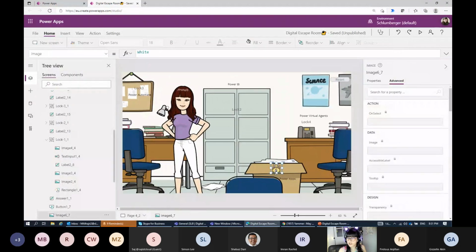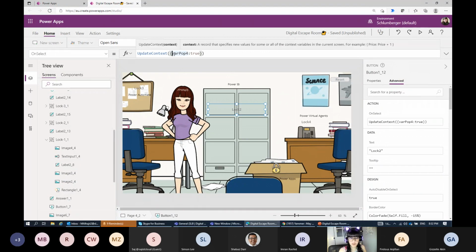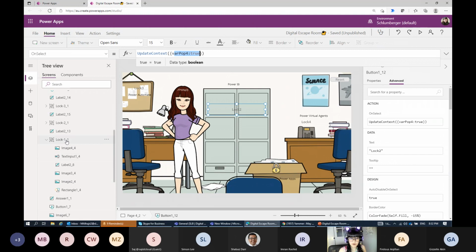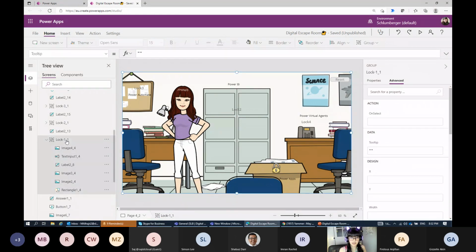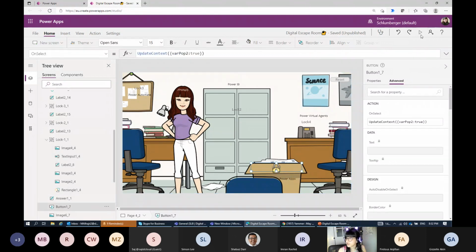When I click on the lock here, I'm creating a context variable and I make it true. It means on my pop-up message, the group that I created, I put something under visible and I put the name of the variable. It means when the user clicks here, show me the pop-up message, as simple as. Okay, so this is for the first part.